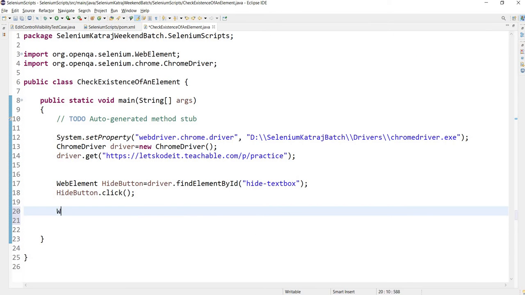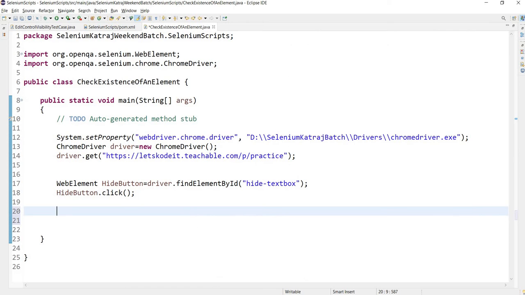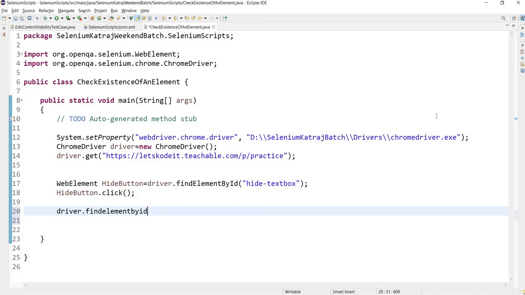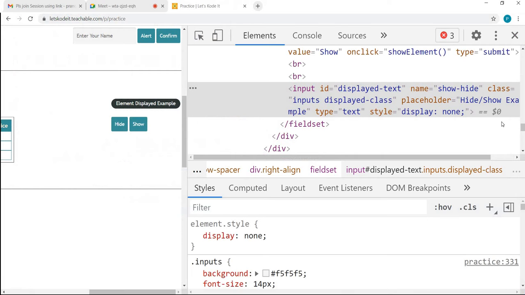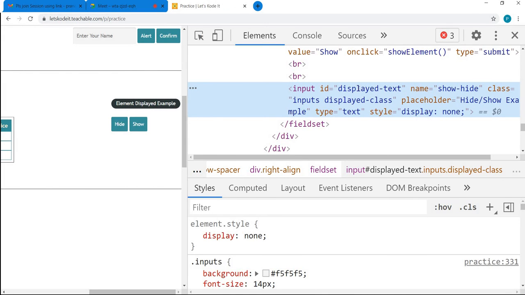So I'll say web element, or let's not store it in any variable, because we are not going to perform any operation on it. We are just simply going to find it. So I'll say driver.findElementById, and I will just take this ID, Control C and Control V. Now what happens, we are telling our driver to find an element having ID set to this displayed text.